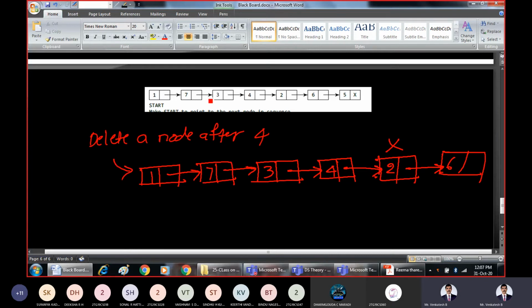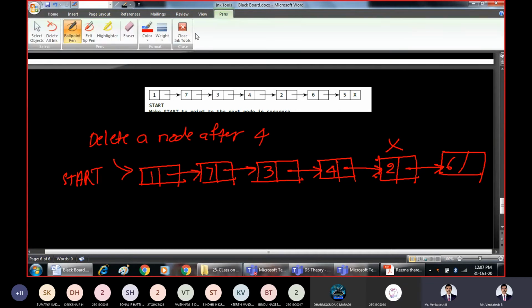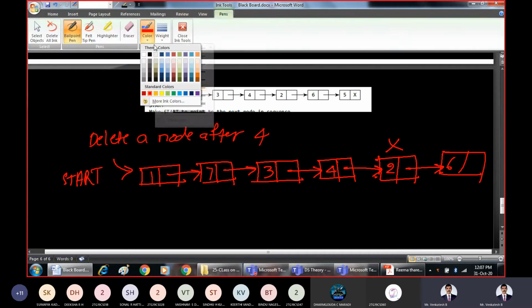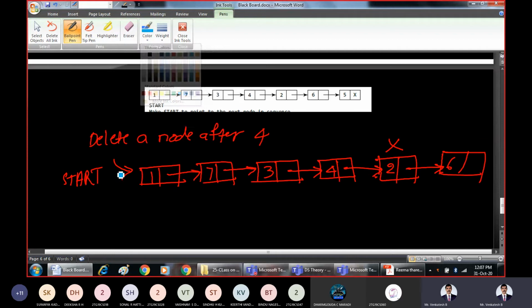We know that there is always a pointer called start, which always points to the starting node of the linked list. Then take one more pointer called PTR. After which node do you want to delete? After this node. So go up to that point.